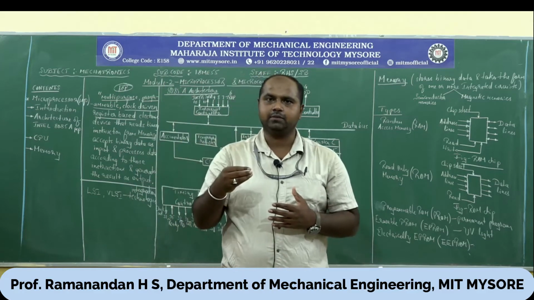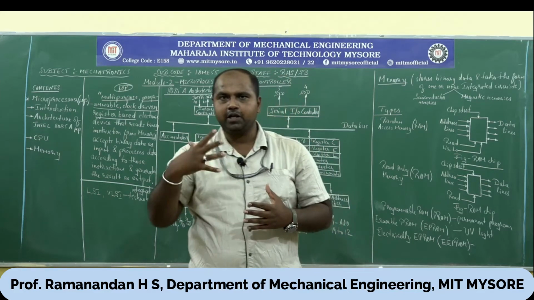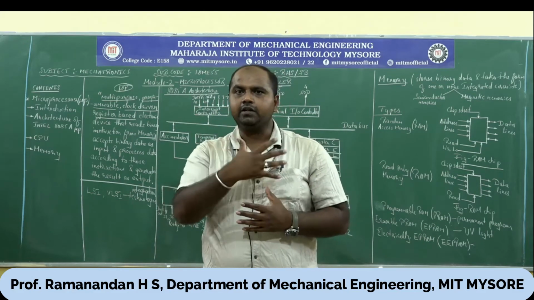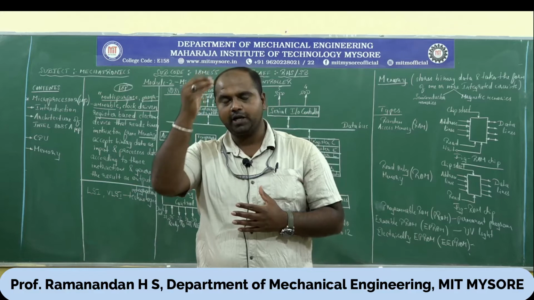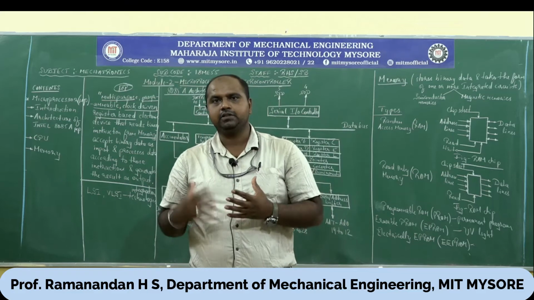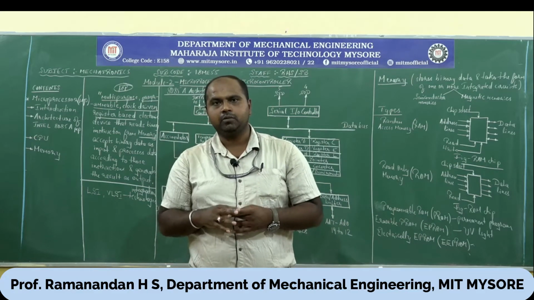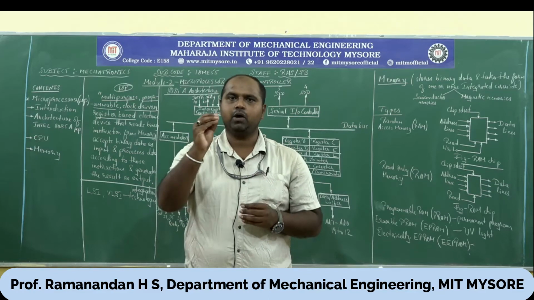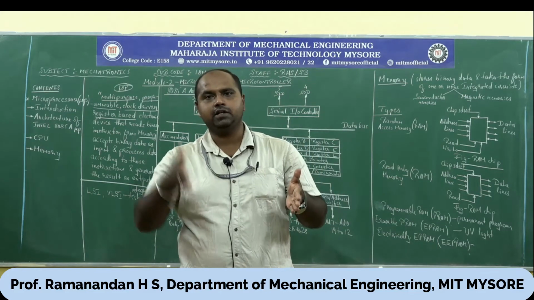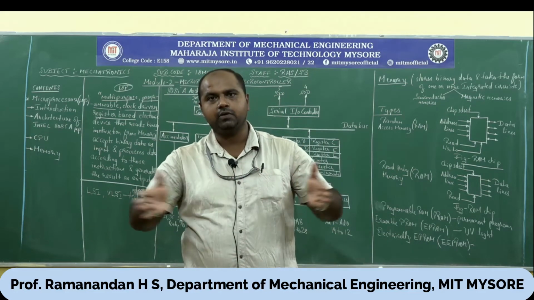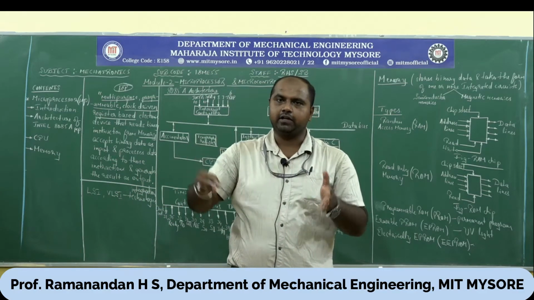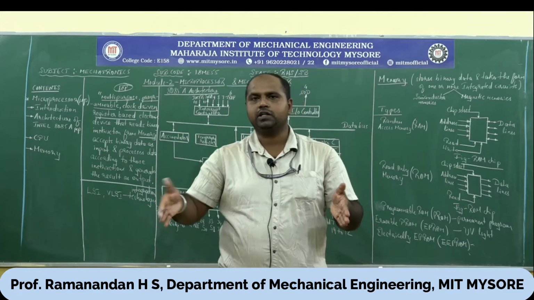So from the external world, if there is some demand, the brain will usually operate with the help of these sense organs, pick up the instruction given, find whatever memory is stored in the brain, and execute it in a proper way. The same thing is simulated in a microprocessor. Micro means that it is smaller in size. Processor means, right from an instruction given till the instruction is executed, what are all the sequence of operations which come into picture? That is called processing, right from instruction given to instruction executed.